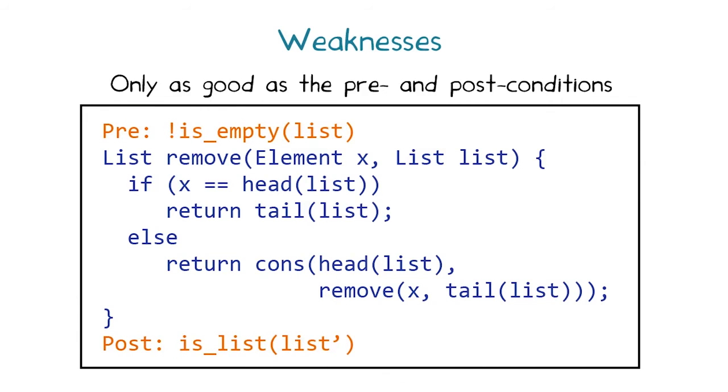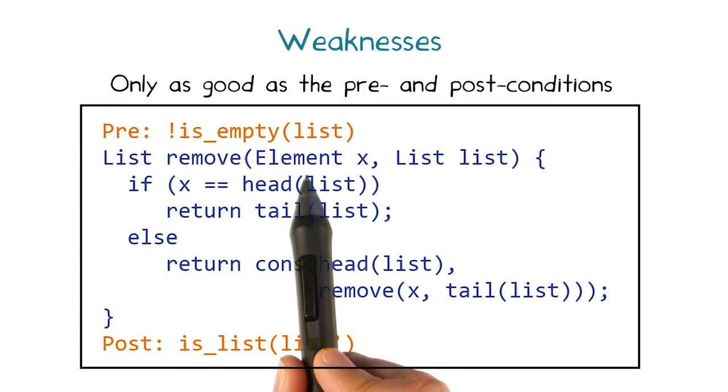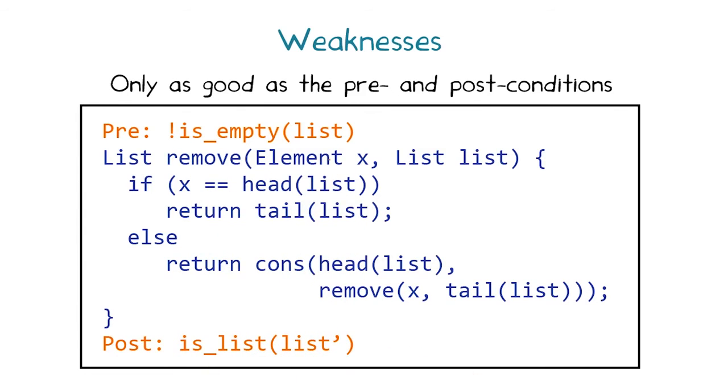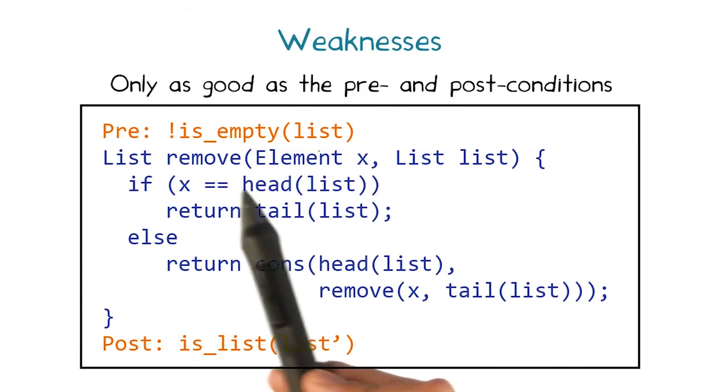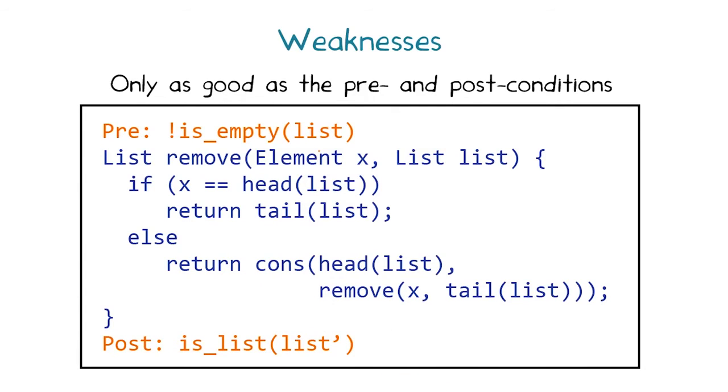If we are not as careful in our selection of pre and post conditions though, we may end up with many useless tests or even miss useful tests. Note that the precondition shown here, that the list object is not empty, is weaker than the earlier precondition that X be a member of the list. Whenever X is a member of the list, the list will be non-empty. So we may end up with many useless tests that satisfy this weaker precondition but not the earlier precondition.